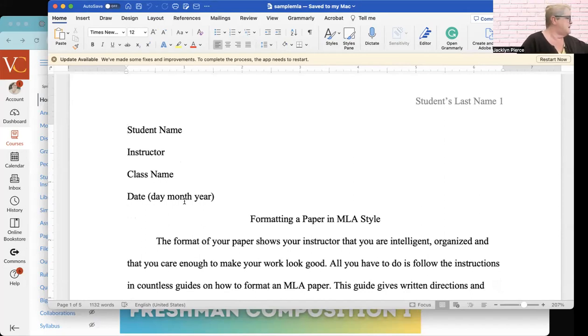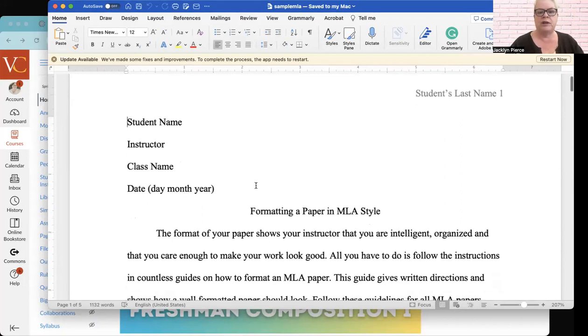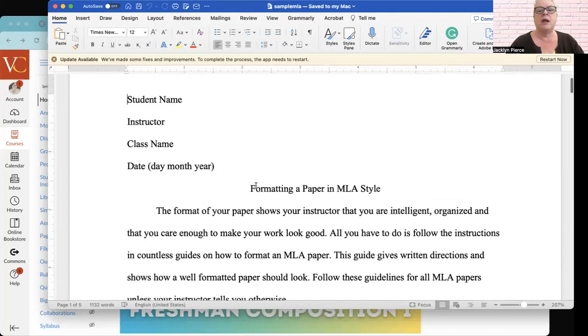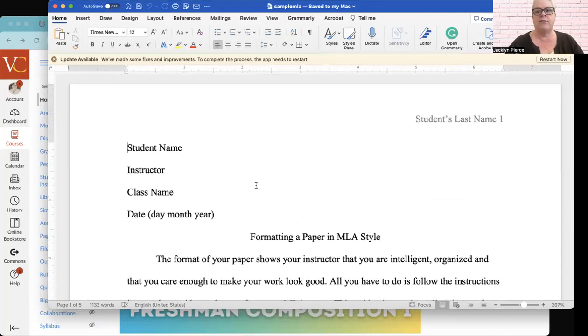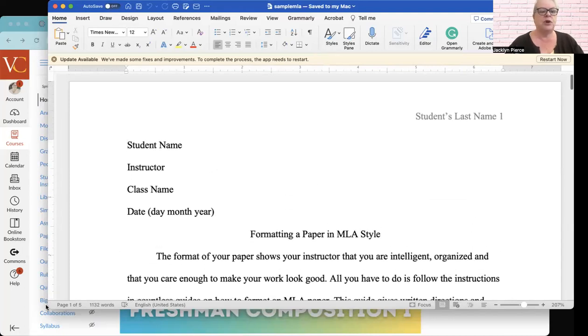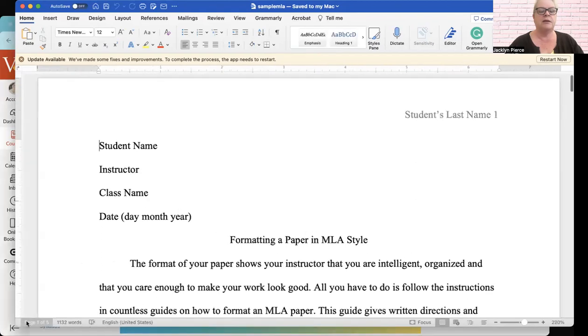So this document I'm going to include in the announcement with this video so that you have it to refer to. You can use this as a template as well, in addition to the one that is on the Valencia Library webpage that I sent you in the previous one. So I want to just briefly scroll through this and show you the key elements.